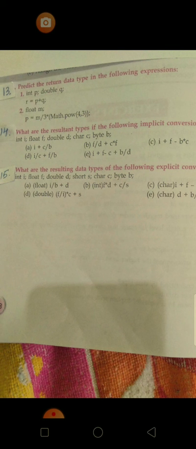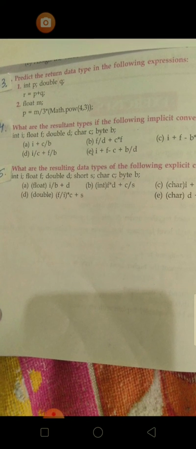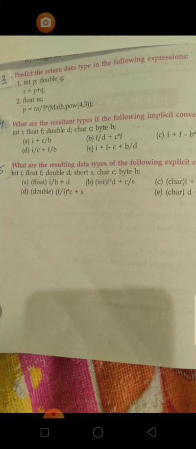Number 13, predict the return data type in the following expression. The question asks what will be the return type of the variable R here. P is of int type, Q is of double type, then R must be of the higher type for the expression P plus Q, which is double, so R will be of double type.